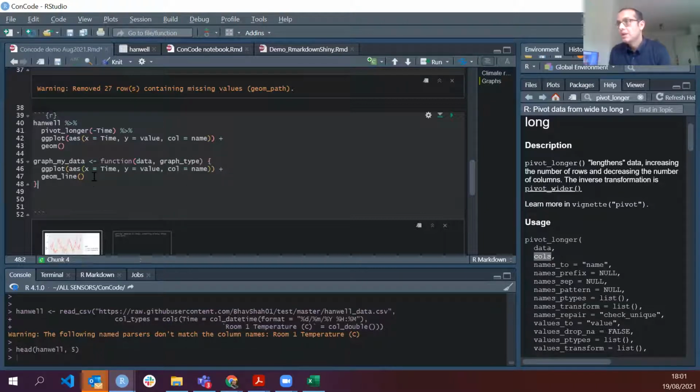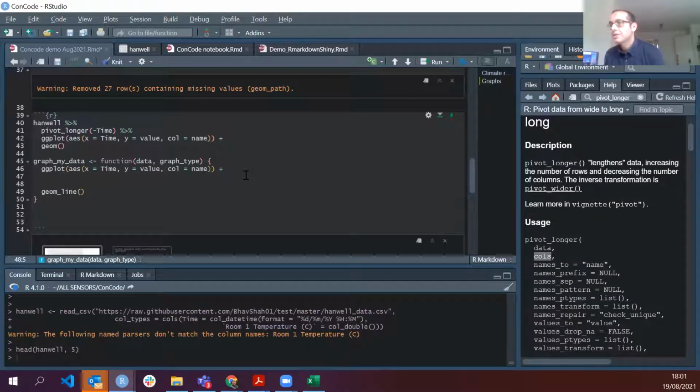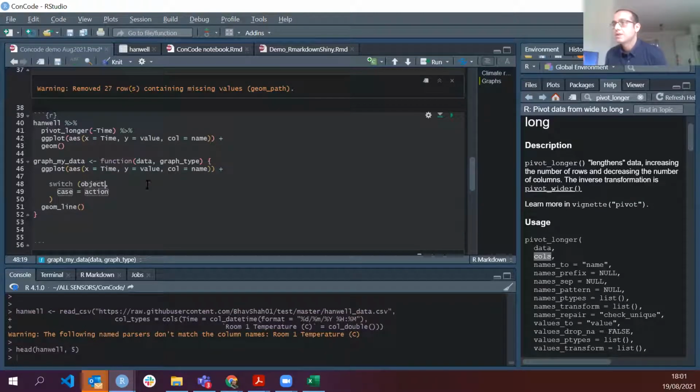Sorry. I can't remember the syntax for it, but I'd have to look at this. But you can do something like switch, where you say, again, you don't have to use, yeah, here you go. So once you type switch, it gives you an option. So if graph type is, if you say in graph type you want point, so you could have line, well, I can't remember how you do this now. But you can switch the objects around. So if you want to action equals geo, if you say line,